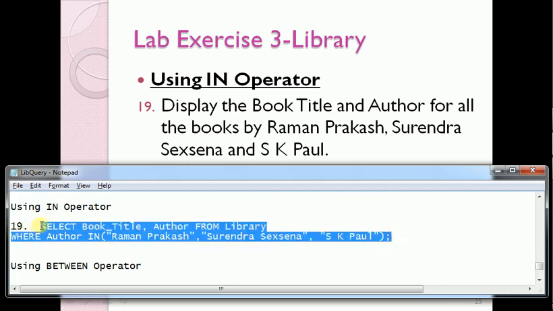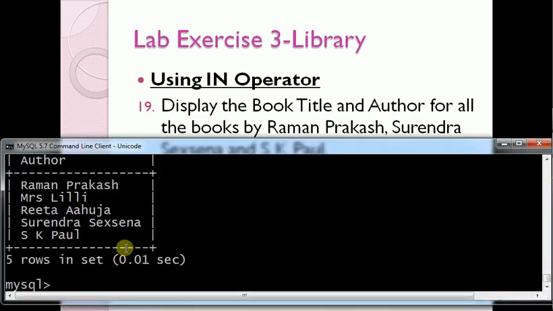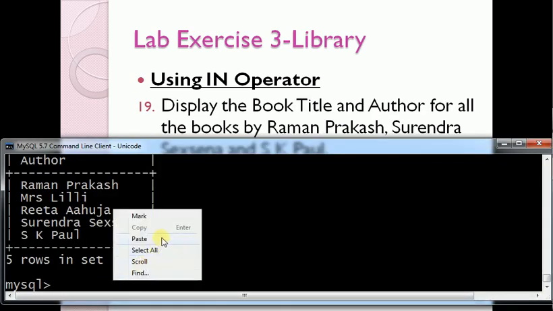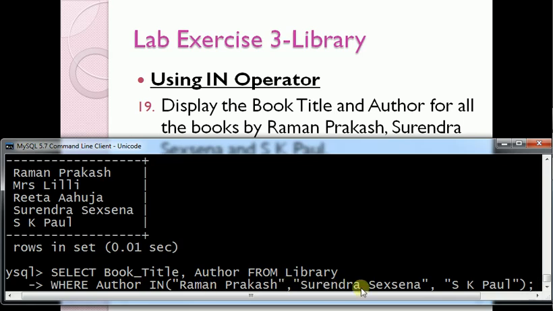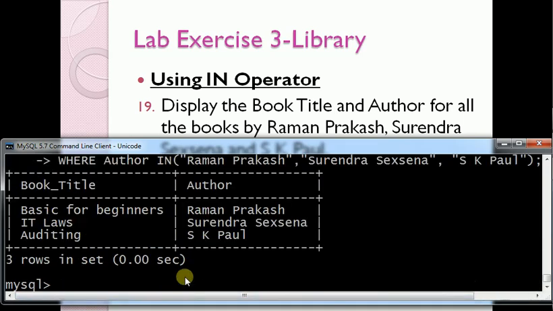Let's execute this query and see the output using MySQL. We have given the query using the in clause, searching for these three authors' books, and only these three authors' books are displayed in the output. So this will be easier when we search based on a list.